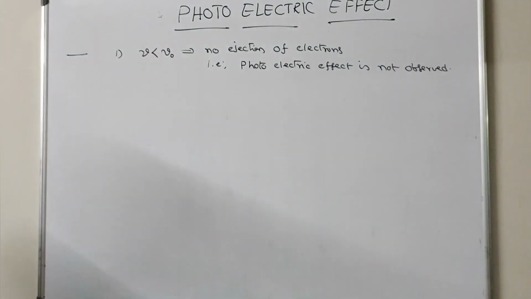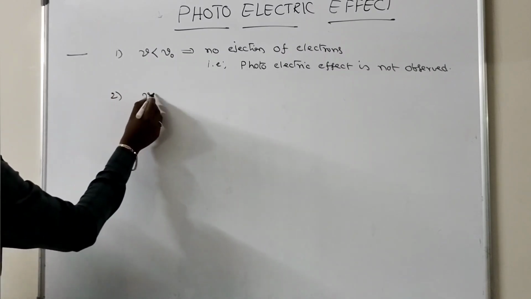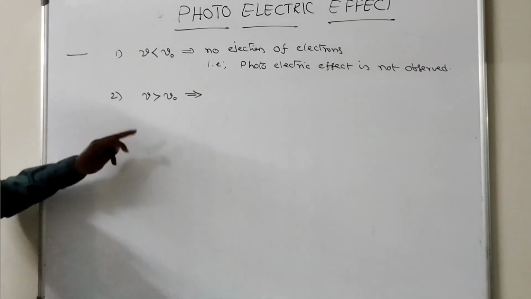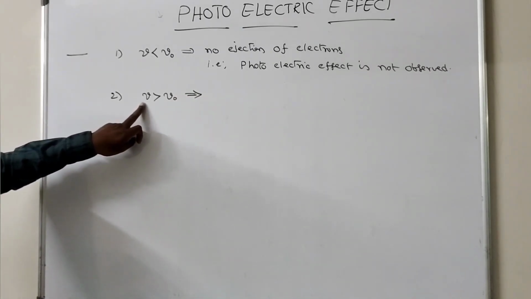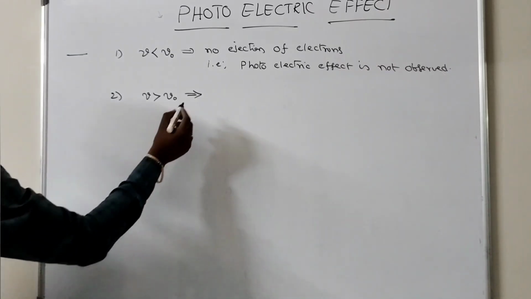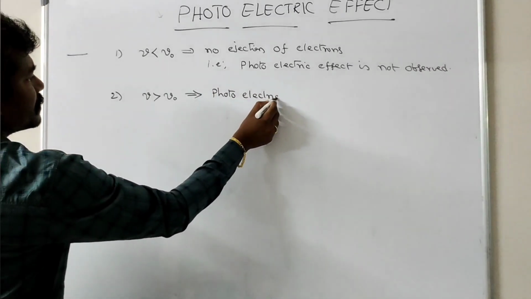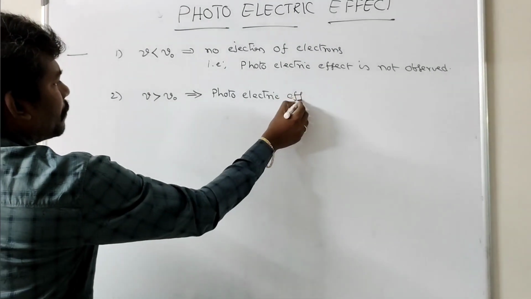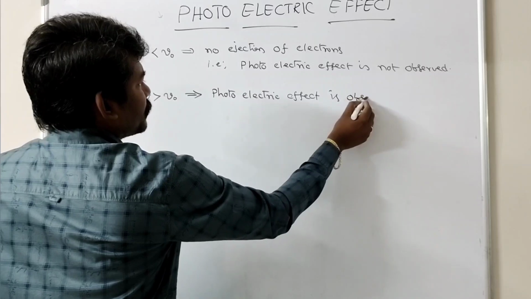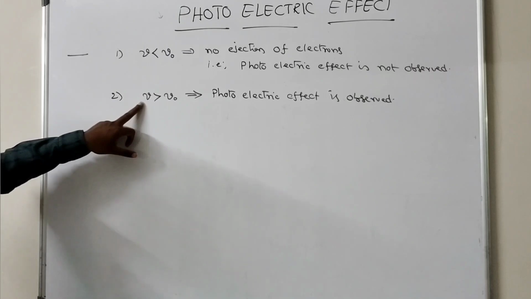Is not observed. When nu is greater than nu naught, a second case: nu is greater than nu naught. That means the frequency of the incident light radiation is greater than the threshold frequency. Then the photoelectric effect is observed. That means the ejection of electrons from the metal surface is observed. That means the photoelectric effect occurs when the incident light frequency is greater